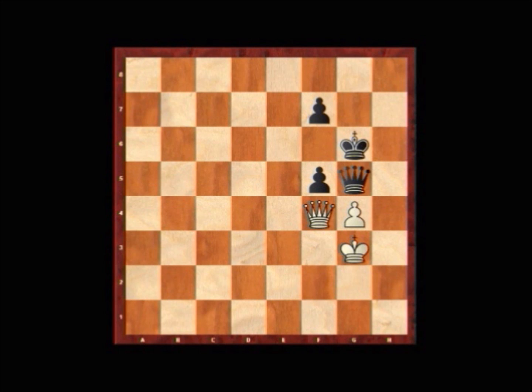Instead of doing that, black played queen d6 check, and this is the critical mistake that white played in the game and effectively gave the game to black on a platter, which allowed king h7, queen d7, queen takes g4,